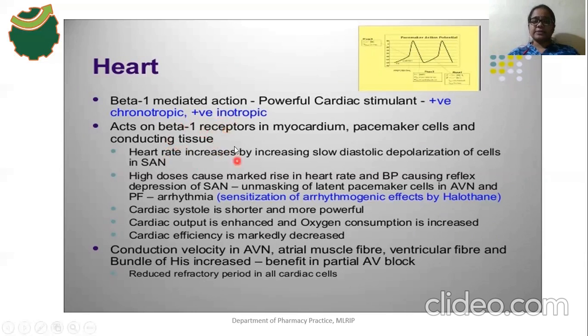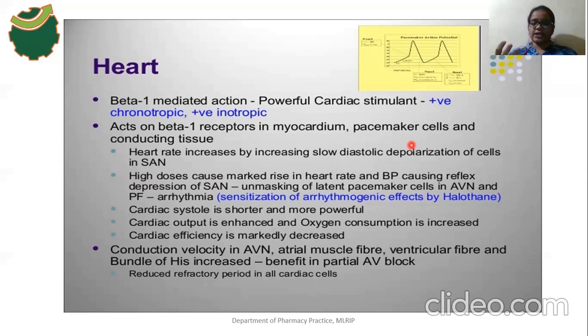The beta receptors are mainly present in the myocardium, the cardiac cells. As a result of activation of beta 1 receptors, what will happen? The beta 1 receptor is associated with the Gs protein, the stimulatory guanine nucleotide binding protein, known as Gs. Then what will happen? As a result of activation of the Gs protein, the pacemaker will be activated. So there is a stimulation of